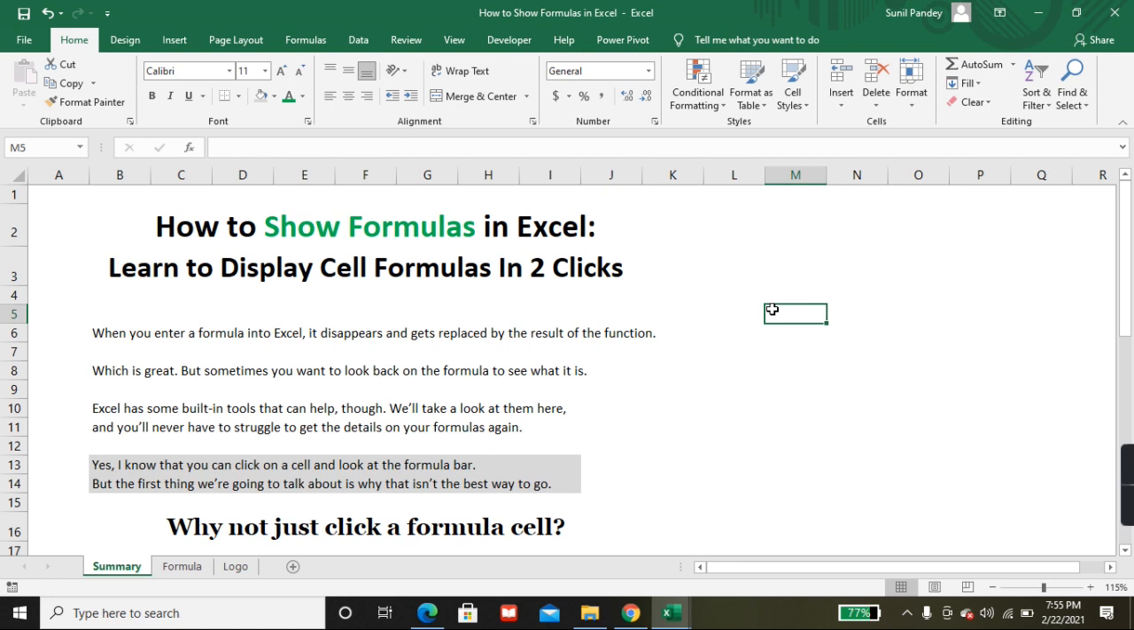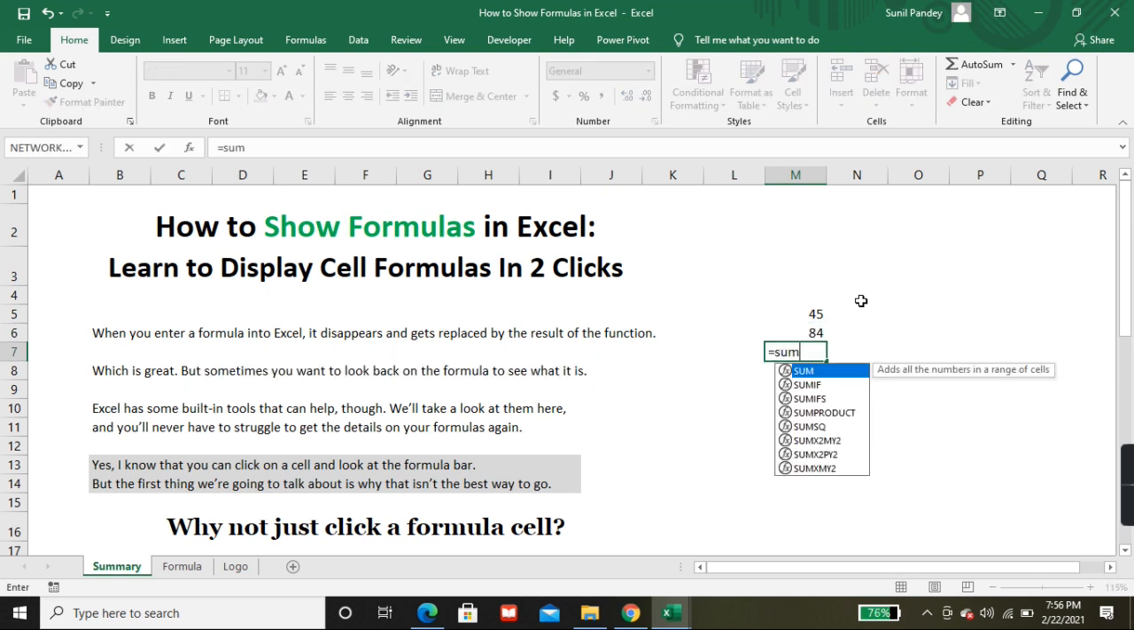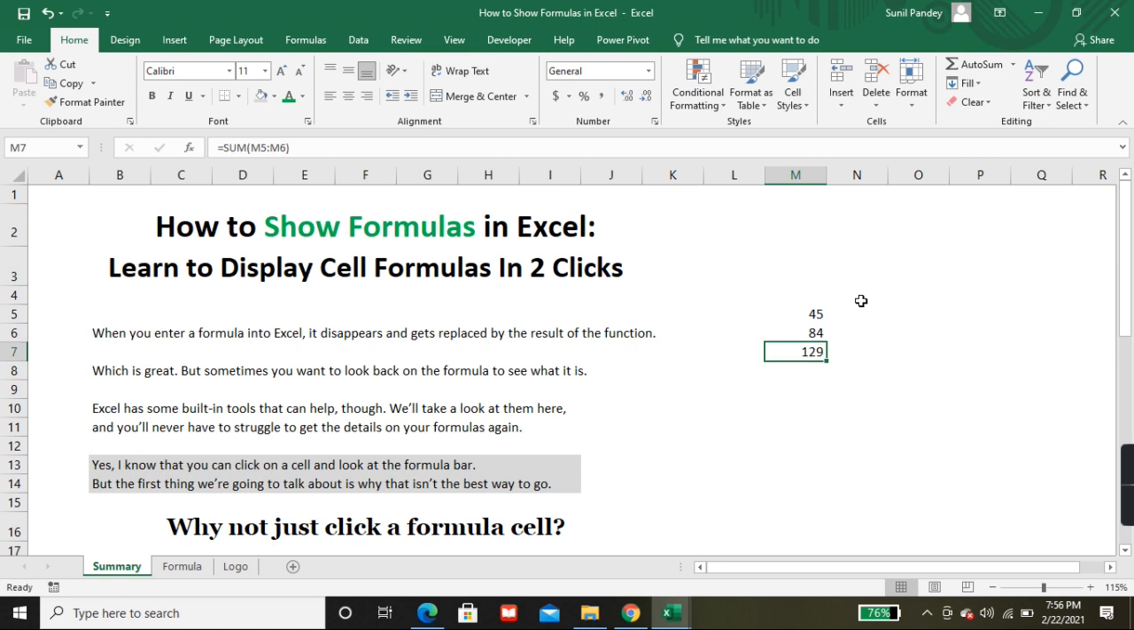Okay, so when you enter a formula into a cell, it disappears and gets replaced by the result of the function. If you are putting any formula like this, 45, 84, and I'll put sum. But here you can't see any formula. Which is great, but sometimes you want to look back on the formula to see what it is. Excel has some built-in tools that can help you. We will take a look at them here and you will never have to struggle to get the details